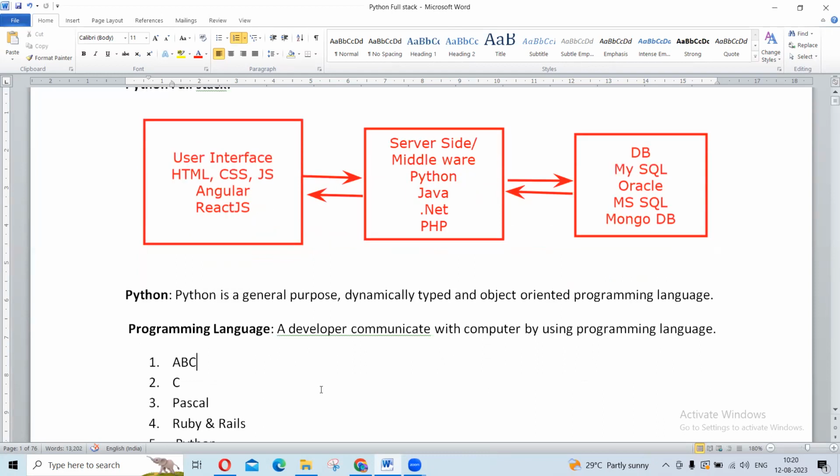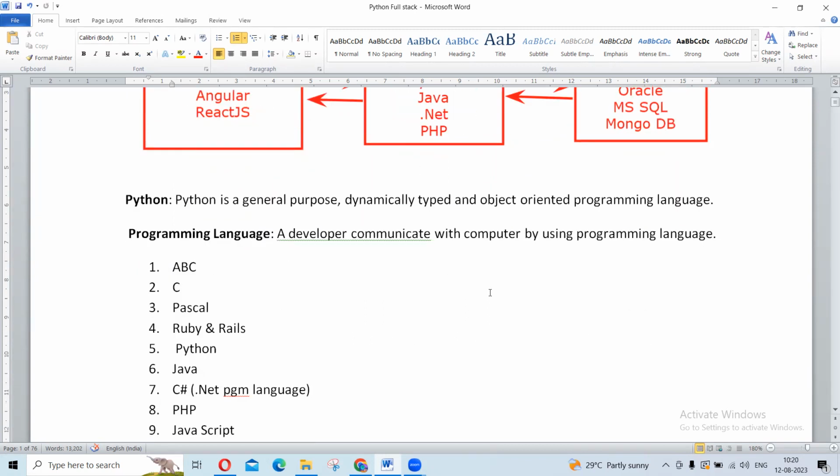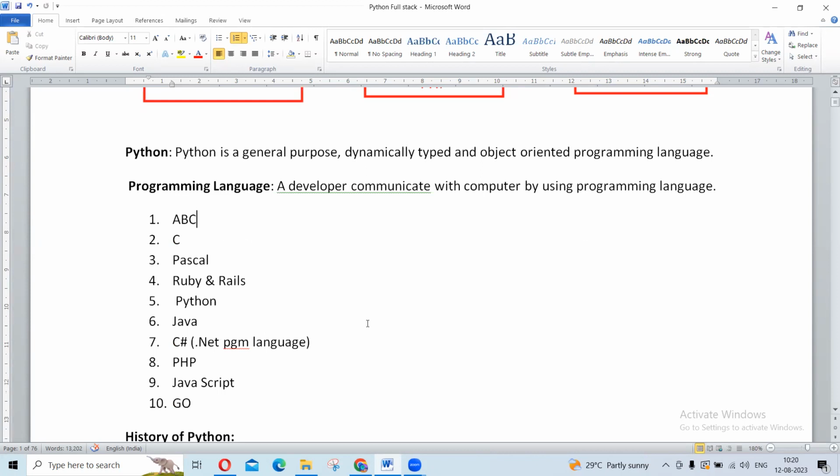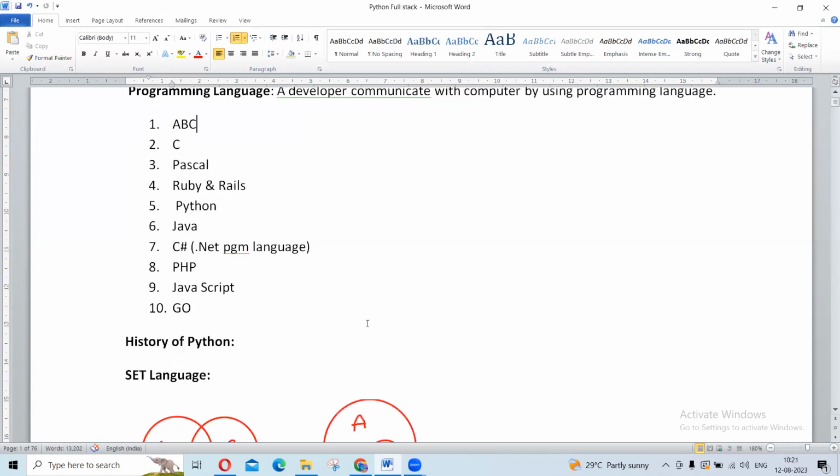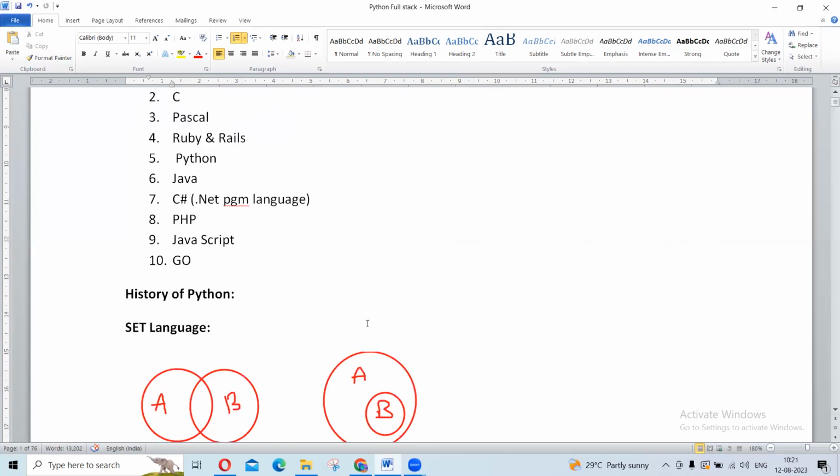So what is a programming language? A developer communicates with the computer by using a programming language. If I want to communicate with you, we communicate by a language. If I want to communicate with a computer, then we require a programming language. Next question: list some programming languages. ABC, C, Perl, Ruby and Rails, Python, Java, C Sharp, PHP, JavaScript, Go. Okay. Next,